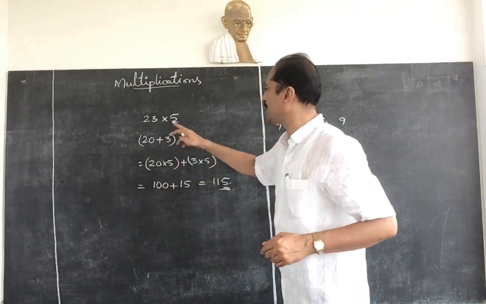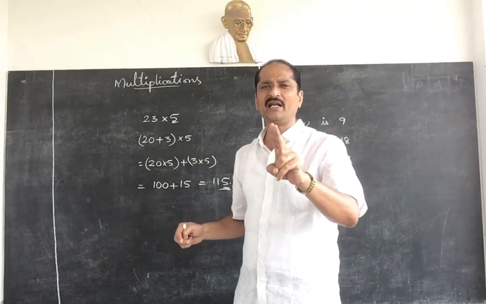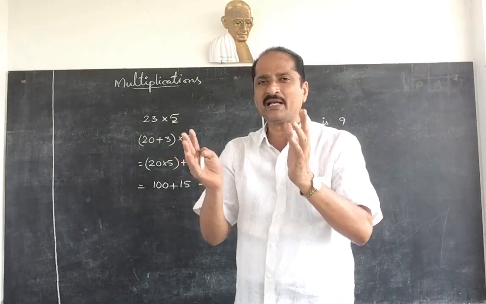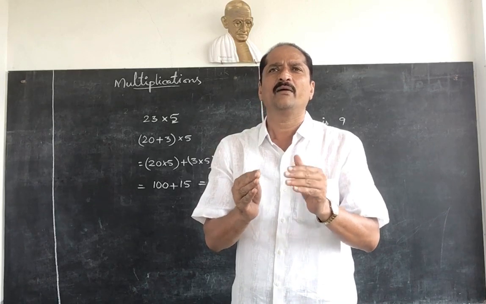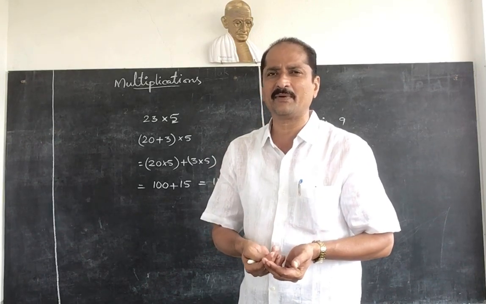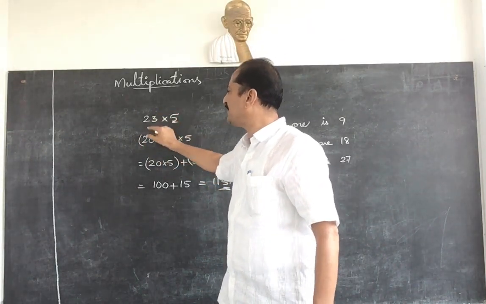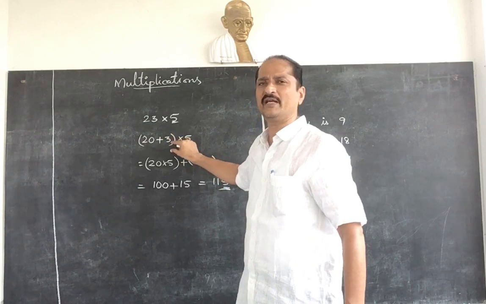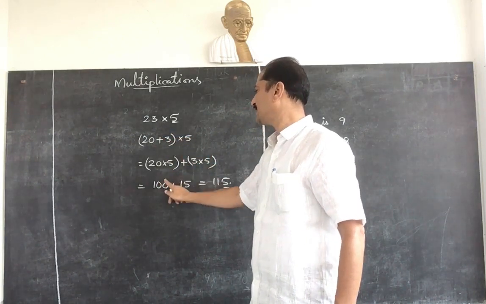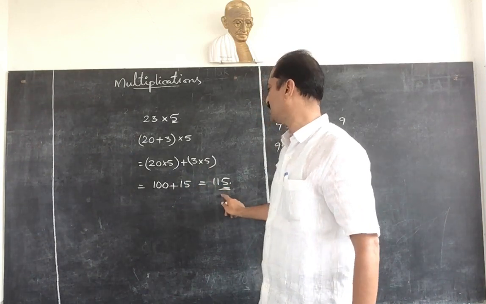Now here we are multiplying 23 with 5. So 23 has 2 digits. When the number has 2 digits, expand the multiplicand. You can write down the expanded form of the multiplicand. 23 can be written as 20 plus 3, into 5. So each and every digit of this multiplication should be done. So 20 into 5 plus 3 into 5. That one will be 2 5s are 100, plus 3 5s are 15. Now observe, 150 you got.